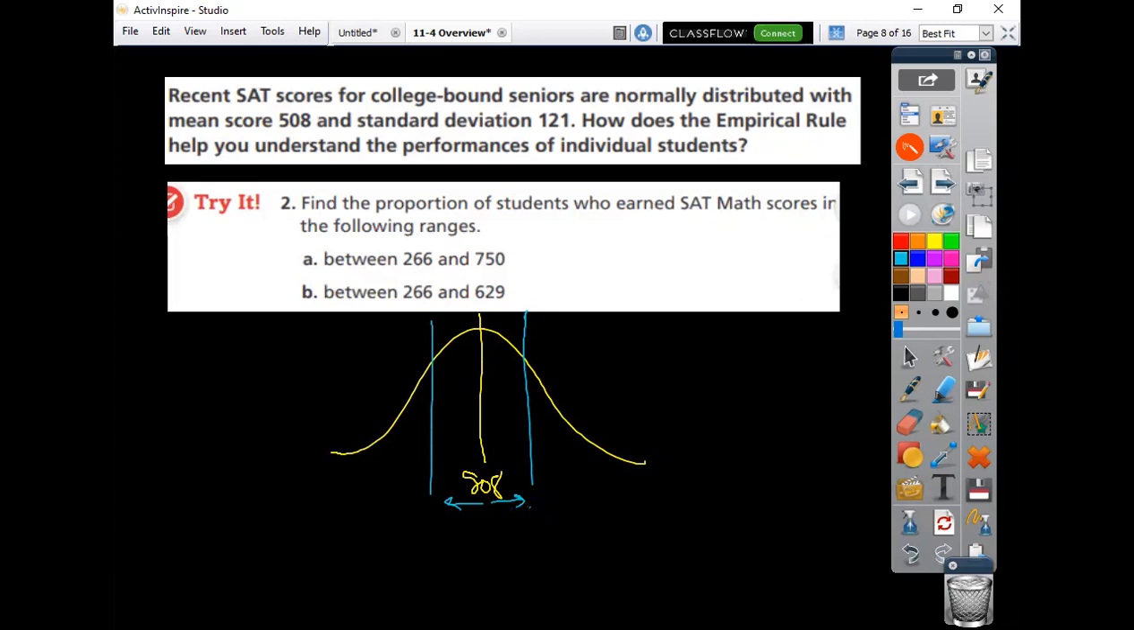Let's see, I can go above. 121 would be 629, and then 121 below that, 387. And then if you go another